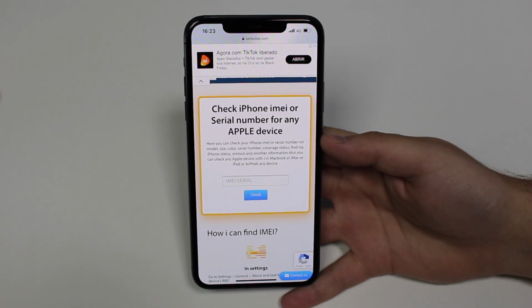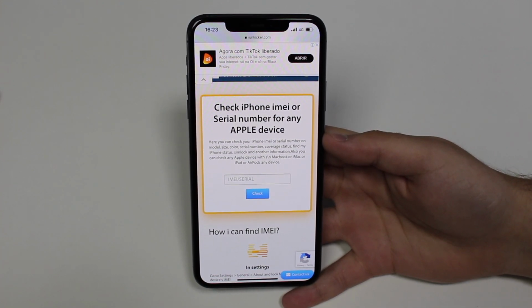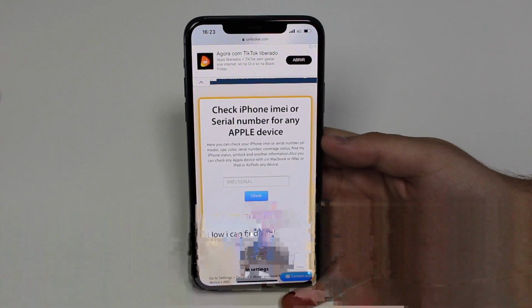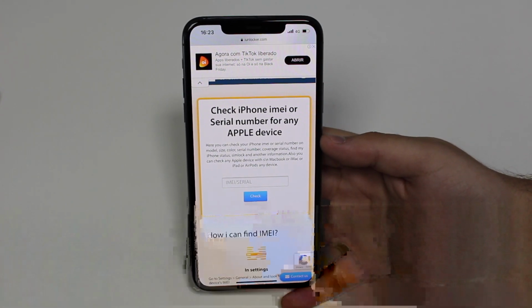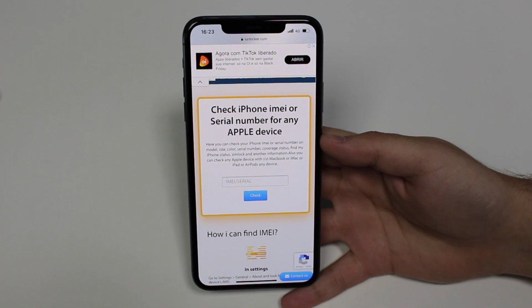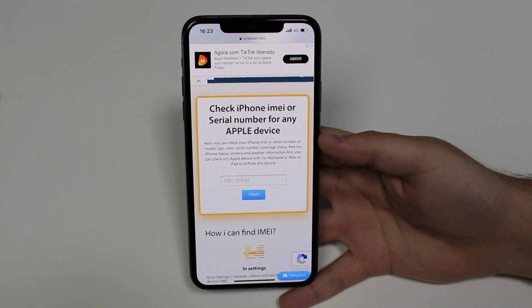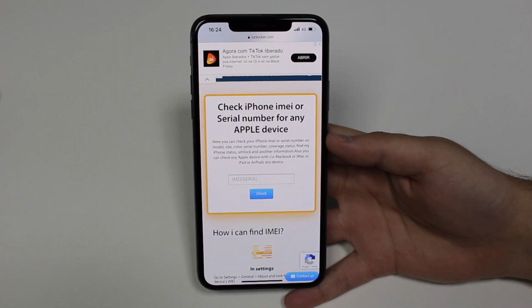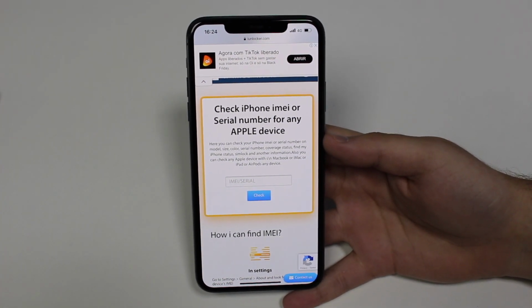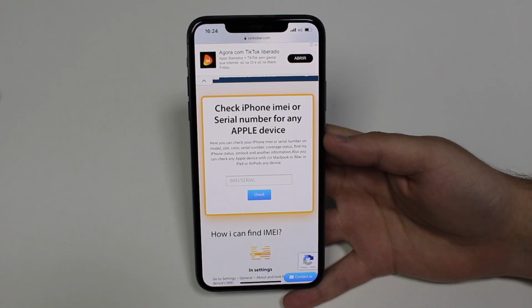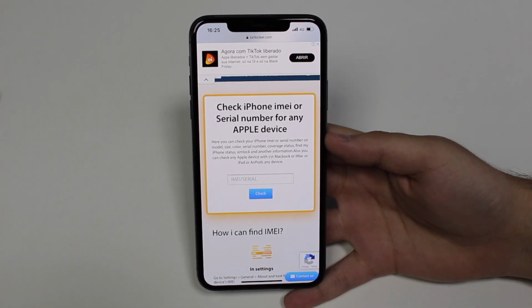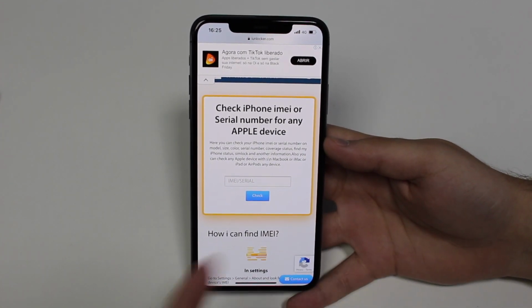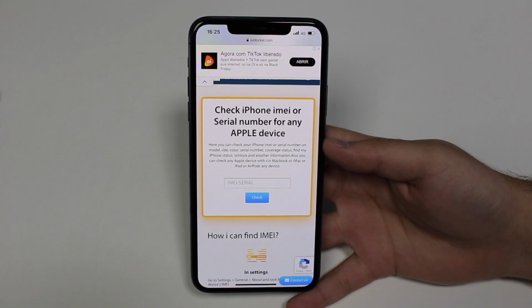And with that serial number, all they can do with that number, if you share it with somebody else, is just check the model of your iPhone, when it was bought, so when it was activated, and the warranty status, which is exactly what we want to see. So there's no harm sharing the serial number. If a serial number was so secret and valuable, it just wouldn't be printed on the back of the iPhone box, just so you guys can understand the whole thing. Okay, so now that you know that you can share your serial number and type it in, no problem at all.